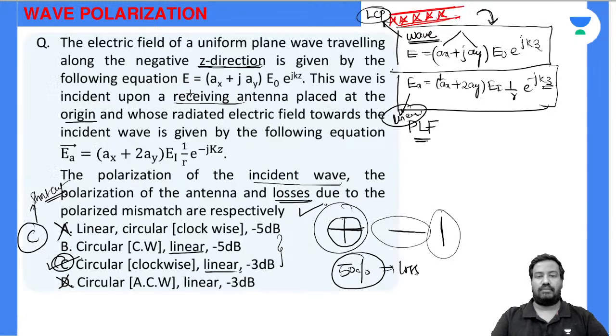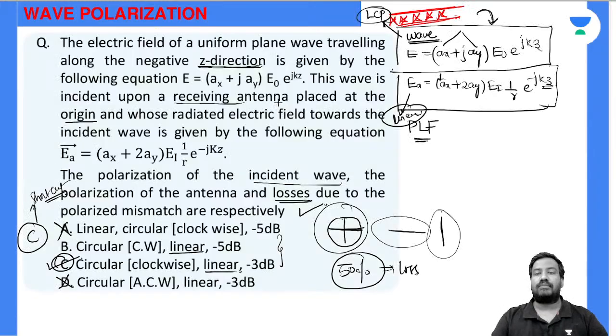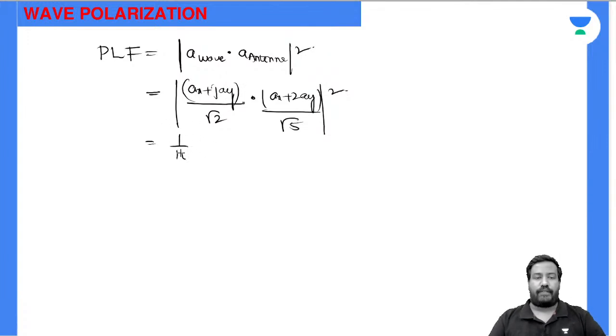Wave: ax plus jay, magnitude root 2, dot product with antenna: ax plus 2jay, magnitude root 5, whole square. This is 1 by root 10 whole square, 1 by 10 of